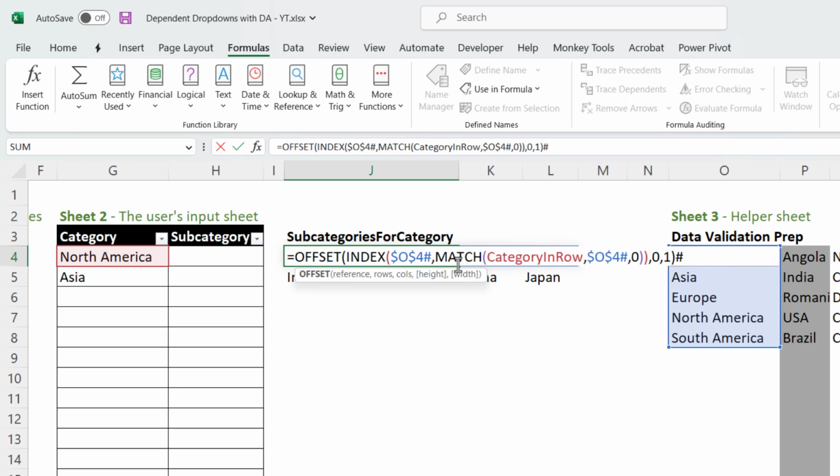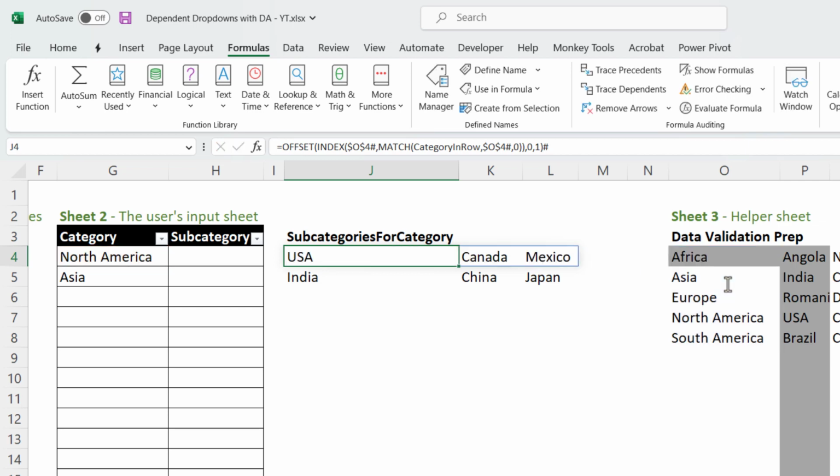So now this is the formula we need. Very important to have O4 locked, both column and row, with the hash signs. Category in row is the first name we created. I'm going to copy all these, Control C, escape, and now I'm going to Formulas, Define Name,